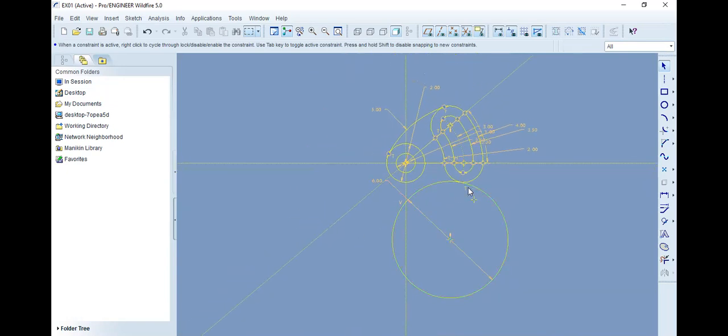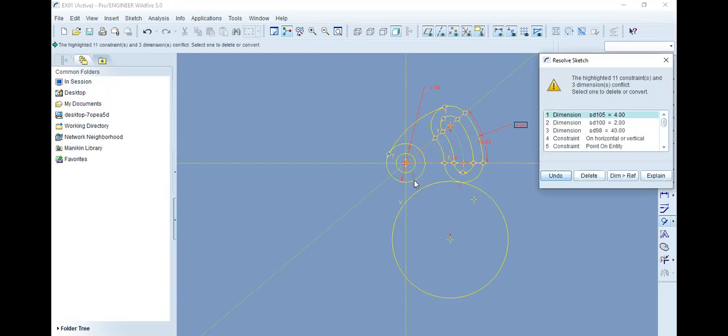See here, T, it is showing the T here. So the meaning of T is it is tangent with this circle, right? So with this R, this circle is tangent. That is the meaning here. Now again we need to create a tangent of this circle with the smaller circle. We go to the constraint called tangent, select it and select the first circle, the second circle, so that both will become tangent.